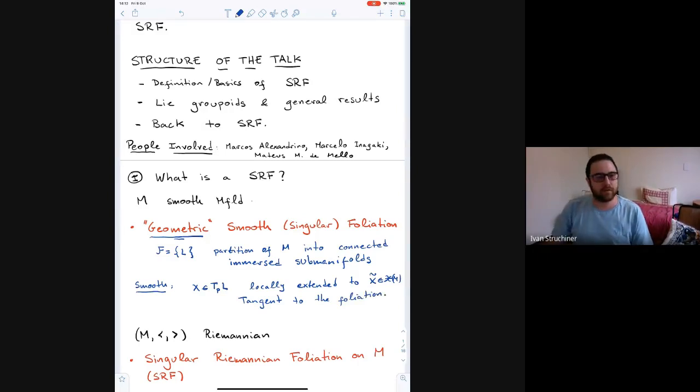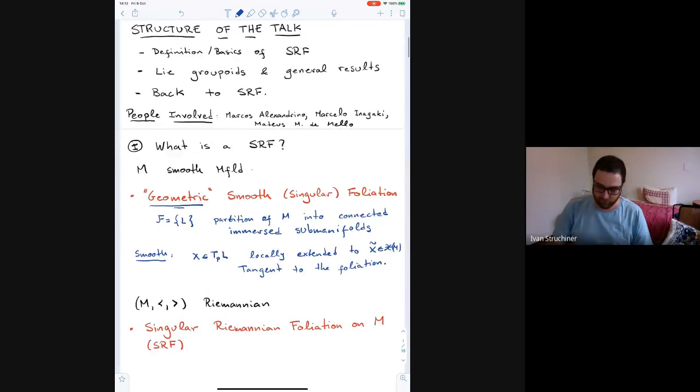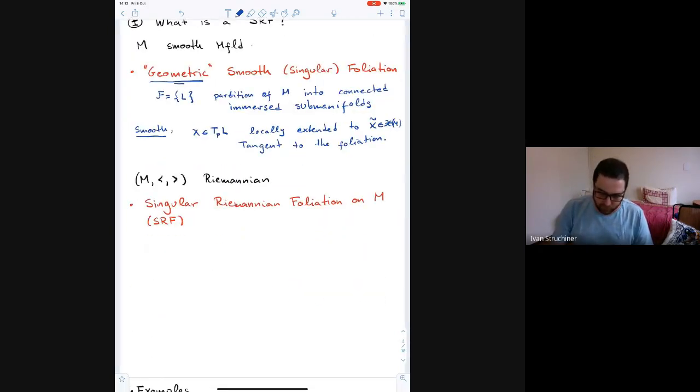So this is what a smooth foliation on a manifold is. And we will say that it's Riemannian if, in this case, the manifold M is a Riemannian manifold. And then a singular foliation is Riemannian if, when gamma is a geodesic which is perpendicular at time 0 to a leaf,